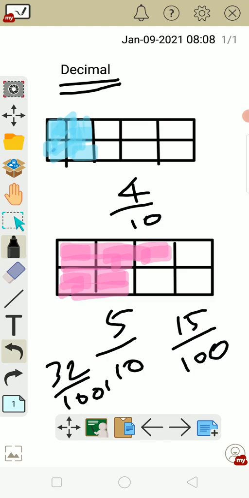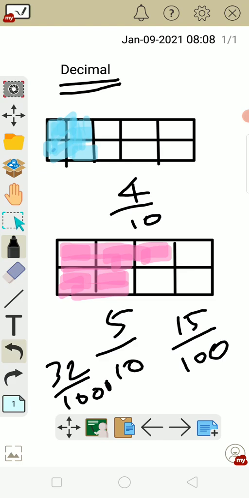So if you look at the denominators of all the fractions, 10, 100, 1000. This kind of fraction we call a decimal fraction. Okay, students, I hope you understand, because in the first chapter we discussed fractions. Okay, you know what is denominator, what is numerator. Okay, in this chapter we are going to introduce a new term: decimal fraction, decimal number, decimal.